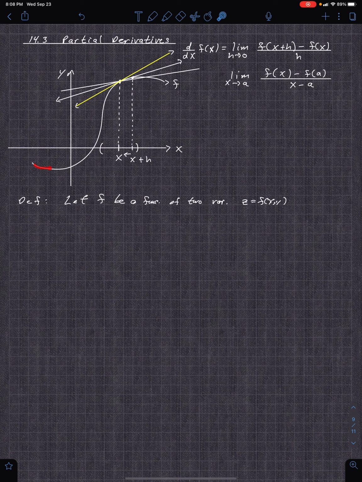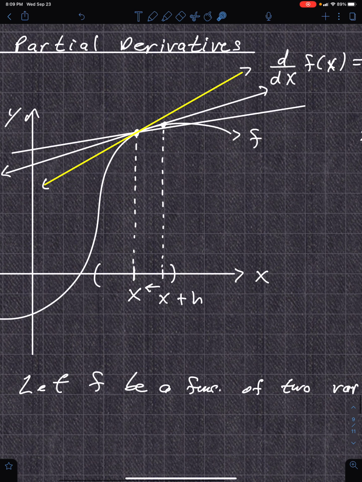So if you have some function like this, okay, some curve, then the first thing you look at are secant lines. So you consider these lines that go like this and intersect the curve in 2 points. So it intersects here and, of course, here. And then you can get closer to the value you are approaching. So in this case, it's x. So if you get closer, you might end up with this